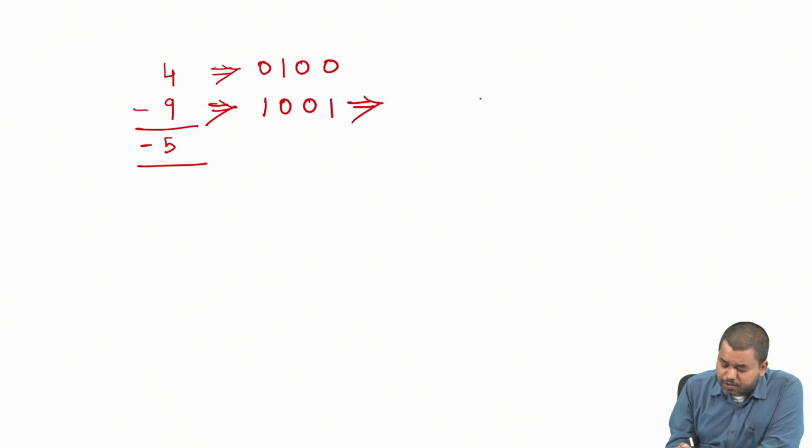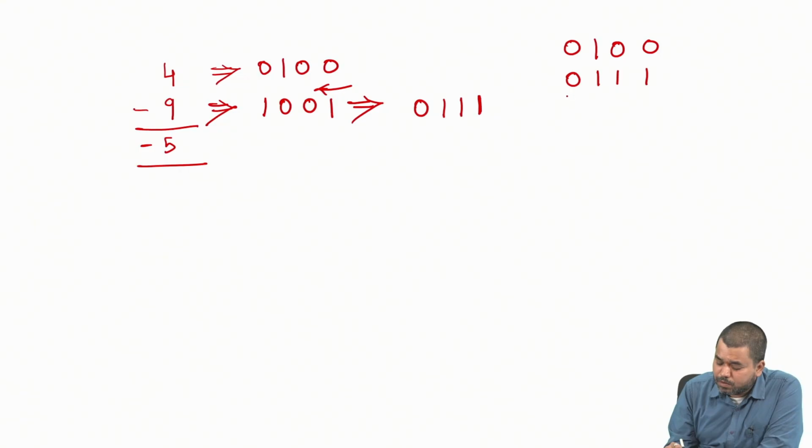For the 2's complement, you proceed this way: first write the digits up to the first non-zero digit, and the remaining digits you complement, so 1 1 0. So this is the 2's complement of this. Now you try to perform the addition. So 0 1 0 0 plus 0 1 1 1. If you perform the addition, 0 plus 1 1 0, carry is 1 1, so final carry is